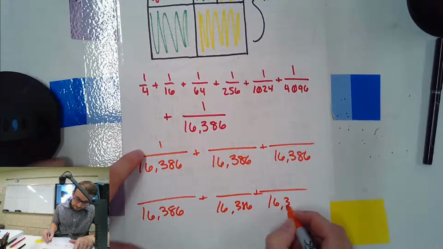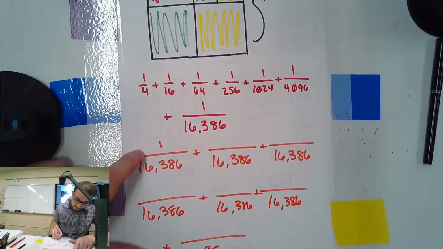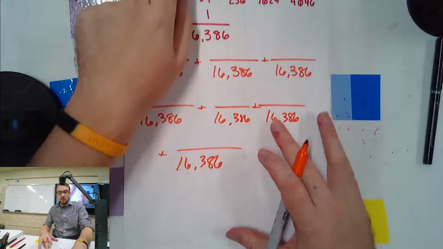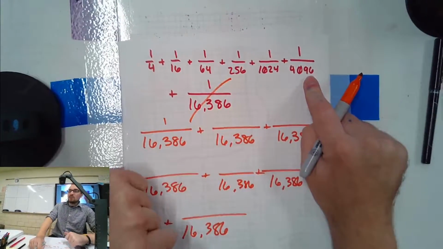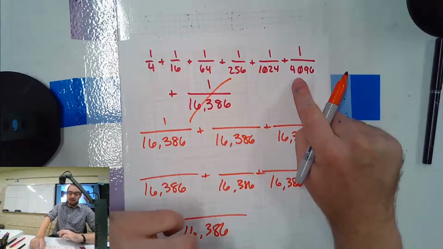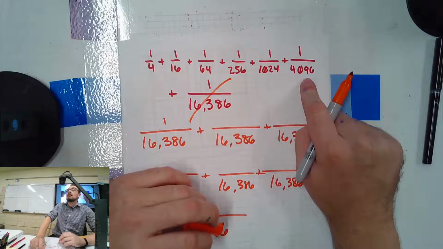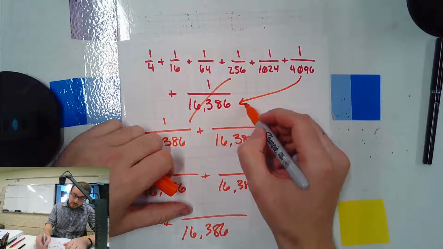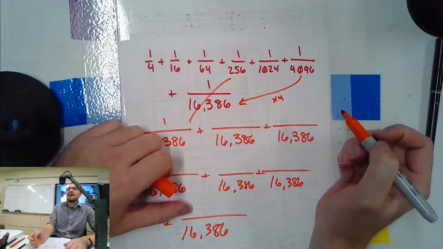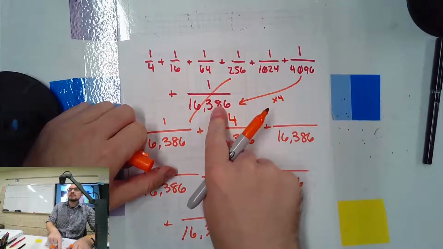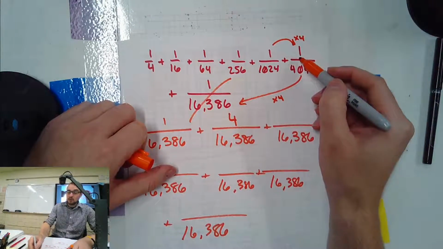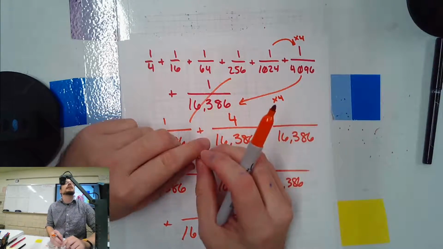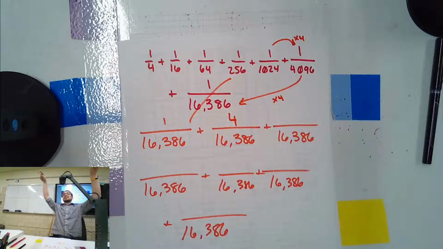We had 7 of them, right? No, because that's 1 out of 4. All right, check it out. So we already took care of this guy. How many 16,386ths are in 1 out of 4,096? How do we get from here to here? Ah, so there's 4 of them. Multiply by 4. Get from here to here, we multiply by 4 again. What do we multiply by? 16, not 8. If you multiply something by 4 and then multiply by 4 again, you multiply by 16, not 8. So 16.